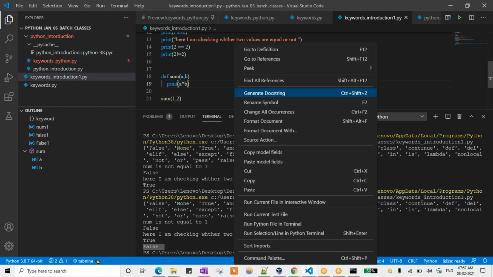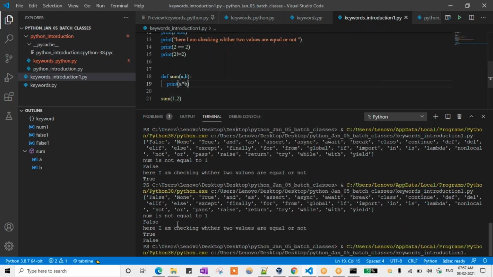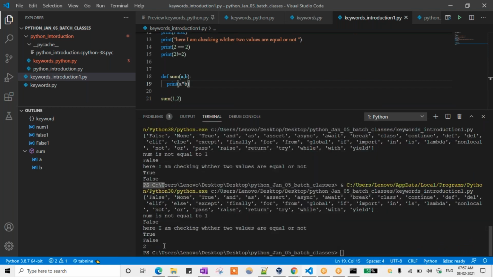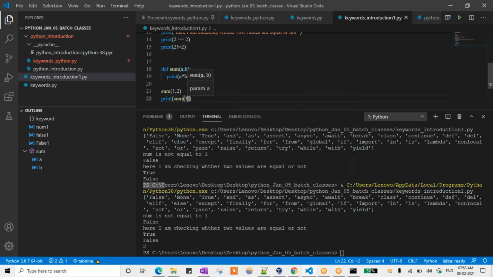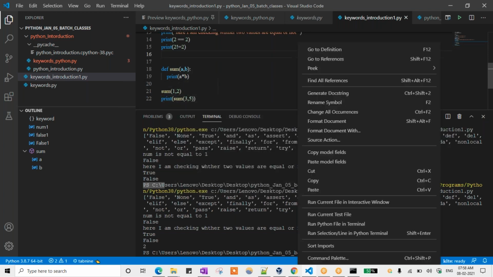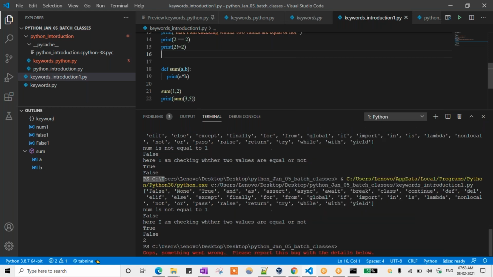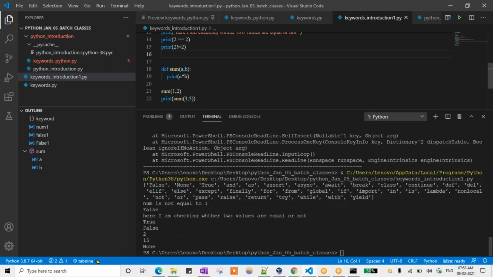If you run that one, you won't get any output after the False statement. See here, you won't get any outputs. We are getting True, but the thing is I didn't get the None value here. So what I can do for that is print that one. Suppose here again I'm printing the same thing, print of sum of 3 comma 5. Now you can see that one. You will get the output as 15 and then None also. Let's see how it will get it.